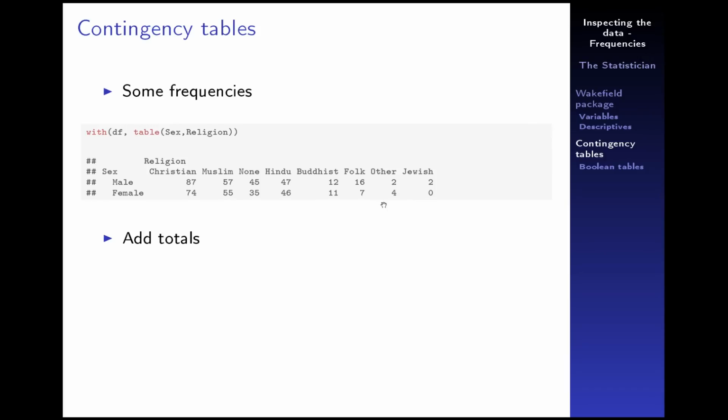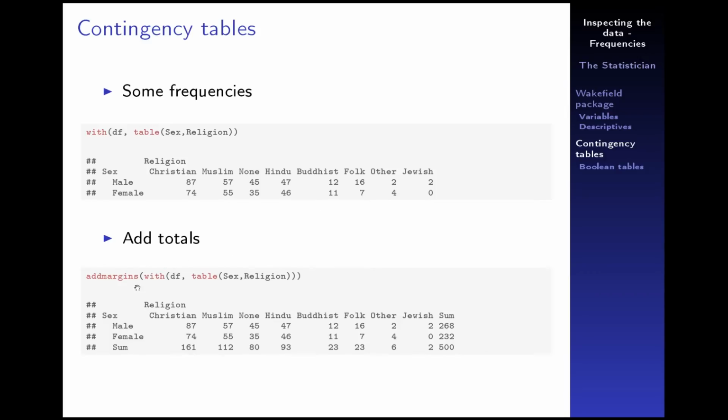All right, and we can enclose this syntax with the add margins, and this will print the row sum and the column sum, and we can see that there are 500 observations, and the Christians are the biggest group after, well, it's quite realistic, I think, for the American demographics, but